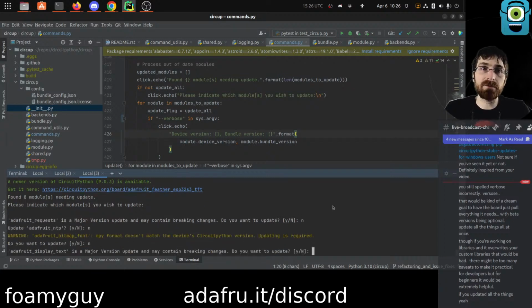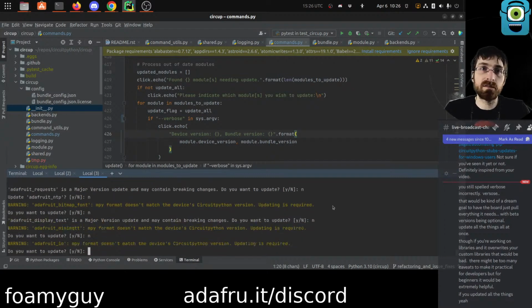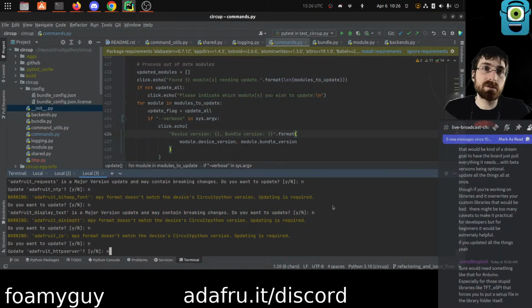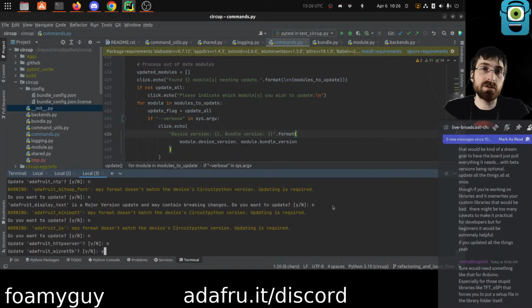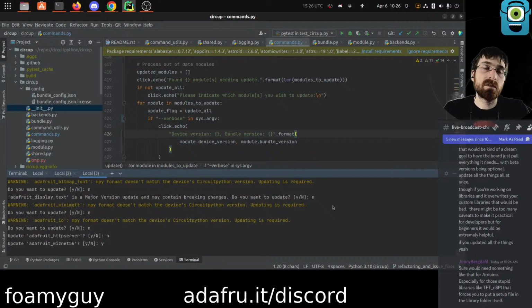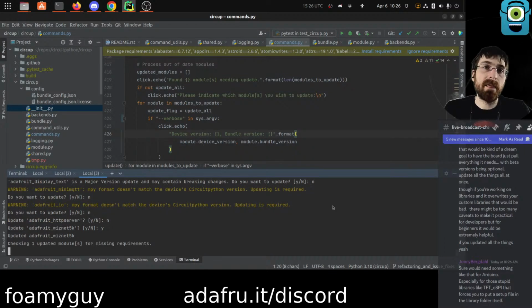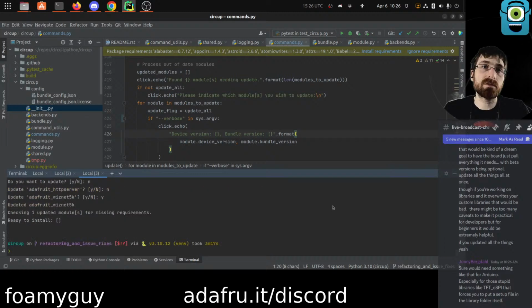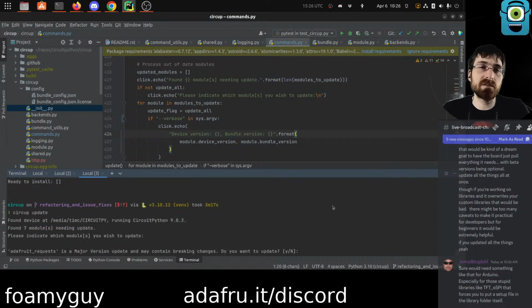Let's just do the last one, which is WizNet. I mean, I guess we should do one of these. No, let's do that one, yes. Okay, WizNet. Checking updated modules for missing requirements. Doesn't seem like it worked. Let's see if it comes up in the list again. It says 7 this time, actually, so